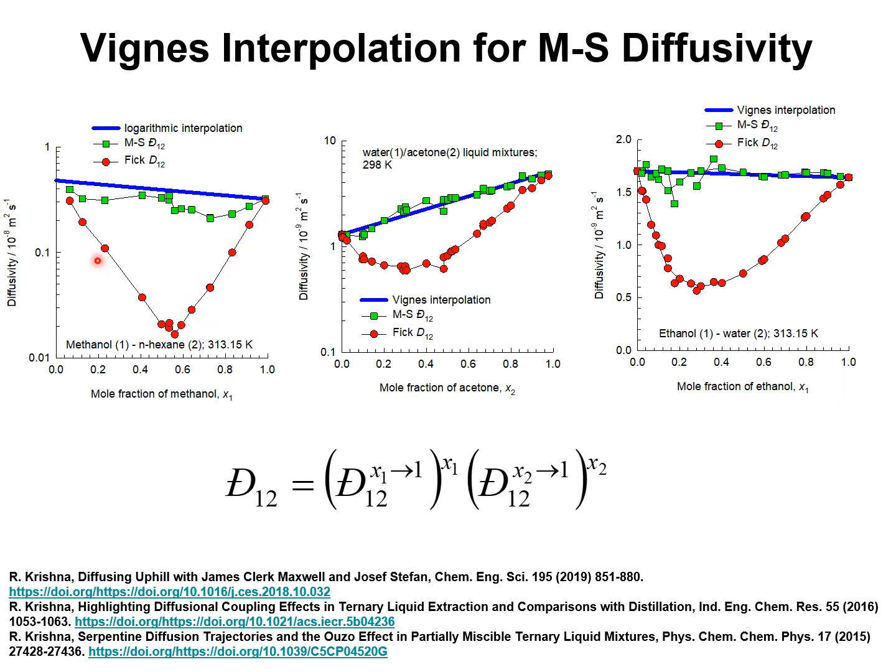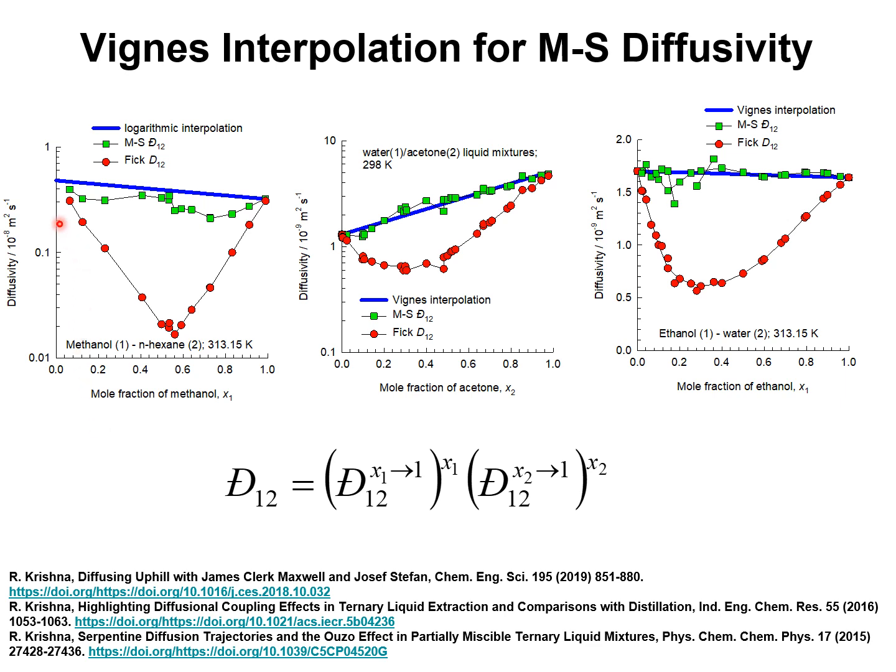Correcting the Fick diffusivities for thermodynamic non-idealities results in a Maxwell-Stefan diffusivity that shows a predictable composition dependence. Since the composition dependence of the Maxwell-Stefan diffusivity is predictable, the estimation of the Fick diffusivity